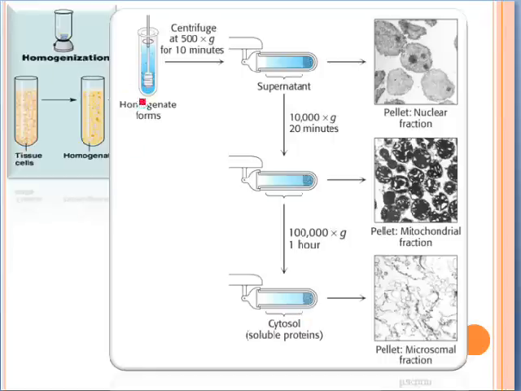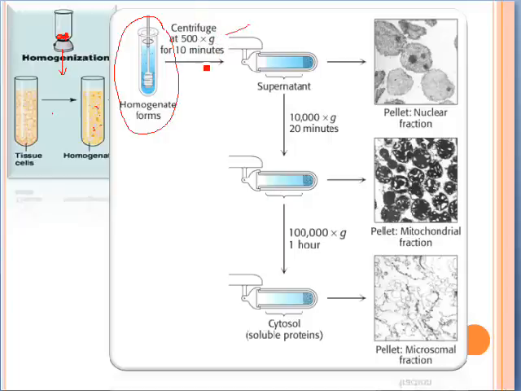This picture shows the complete process of homogenization. We put the source material in this homogenizer and go through the homogenization process. Then the cells will be disrupted. This diagram shows the state after disruption of cells. This tube contains the homogeneous form, which will proceed for centrifugation.